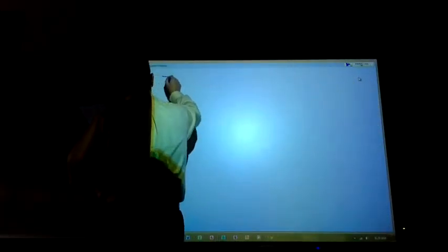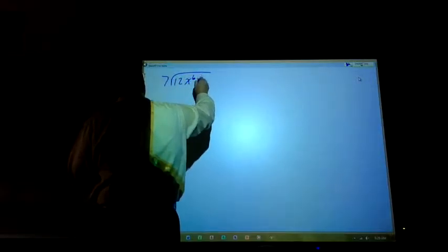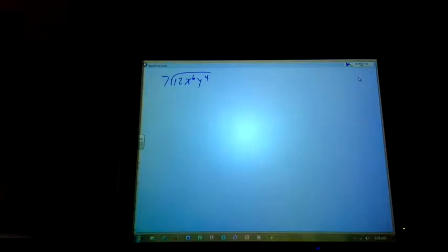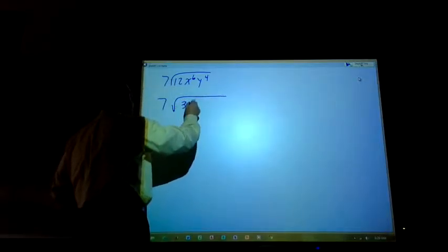All right, number 12. We have 7 square root 12x^6 y^4. Is 12 going to break down to a perfect square times another number? Yes. What's that 7 going to do outside? Multiply. So I have 3 times 4, and then I have